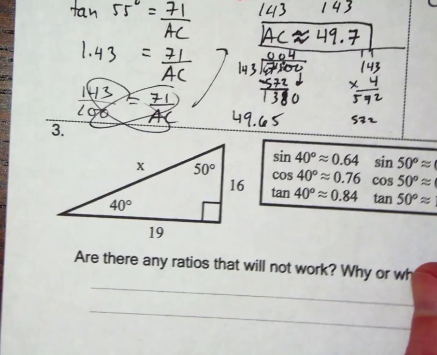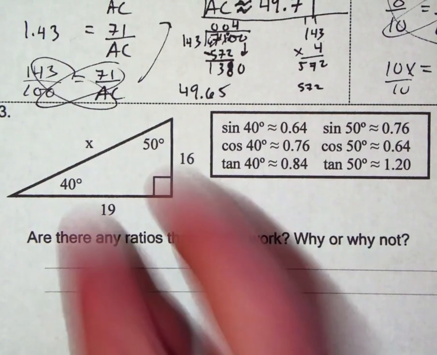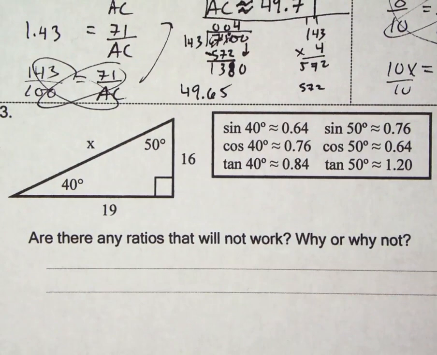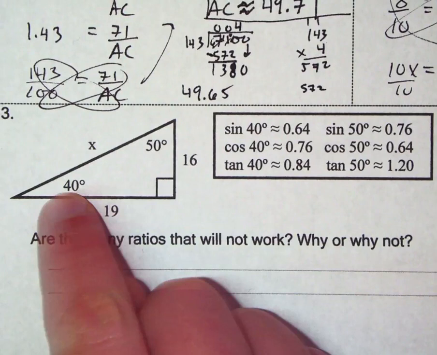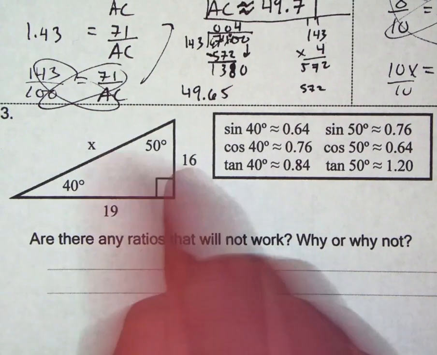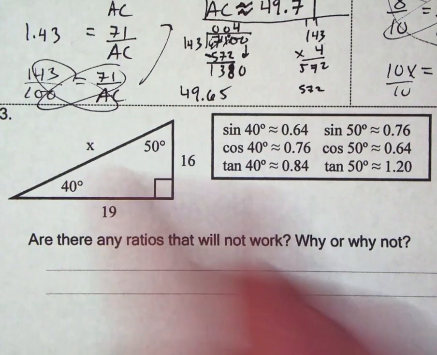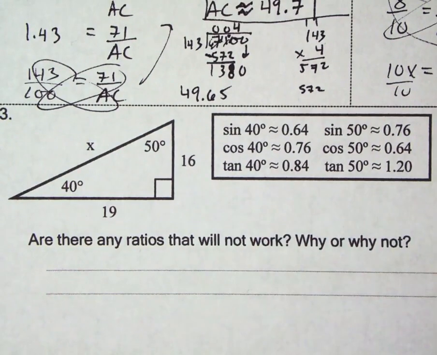Okay, very last thing. If you take a look down here, are there any of these that we couldn't use? So notice we have both reference angles. Any of those that we couldn't use to find x? Okay, so if you've paused and thought about it, well, the answer would be tangent. Anything with a tangent, and you can tell why, because tangent is opposite and adjacent. If you use tangent, you're never going to use the x, which is what you're really trying to find, the hypotenuse. So you don't want to end up using tangent. Okay, good luck, be patient,